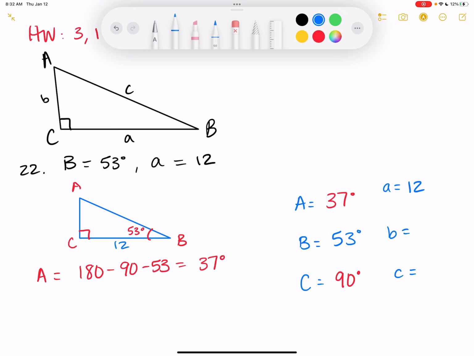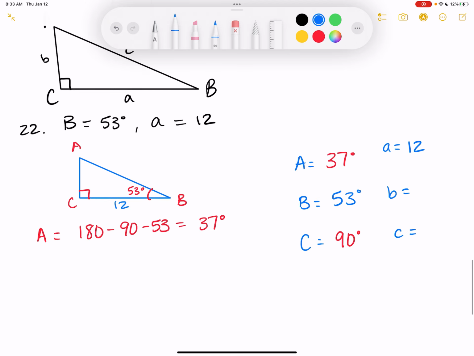So I need to use a function if I'm going to use B that was given to me, which I will also tell you, especially when we get into some later sections, if you have the option to use an angle that was given to you, do it, because that way you guarantee that it's right, because not all triangles that we're going to do are going to be right triangles. So right now they are, so it should be pretty simple, but when we get to where they're not, that can make a difference. So anyways,